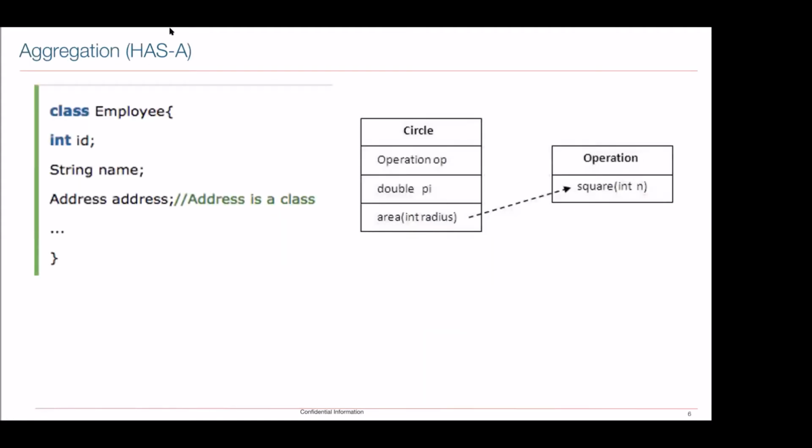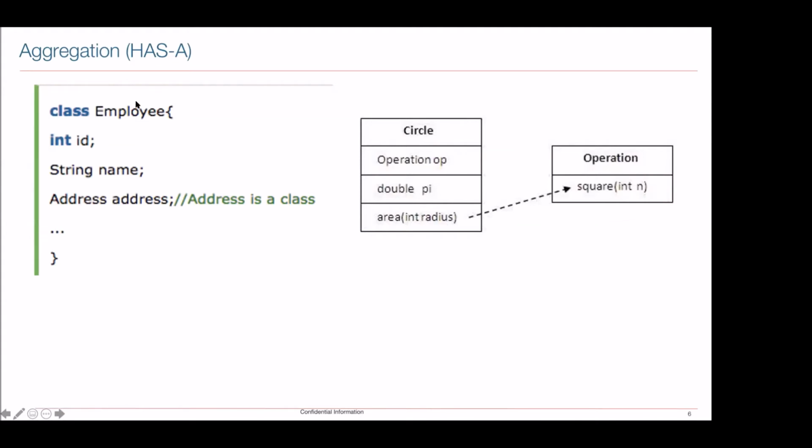And then you have another relationship that is known as aggregation, that is a has-a relationship. What is a has-a relationship? So employee has a name, employee has an ID, employee has an address. So employee has some properties, some behavior. That employee class and the object of that, in turn, this address can be an address class. So now the relation between this employee class and address class is a has-a relationship.